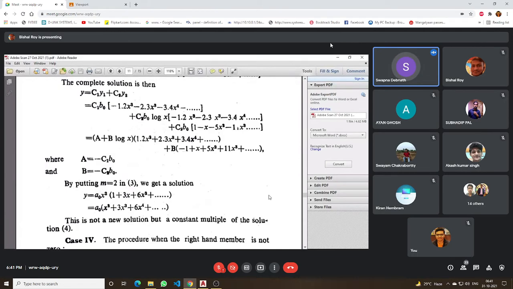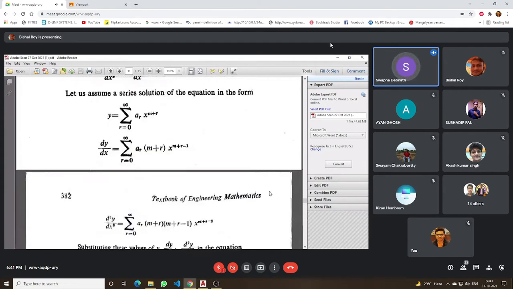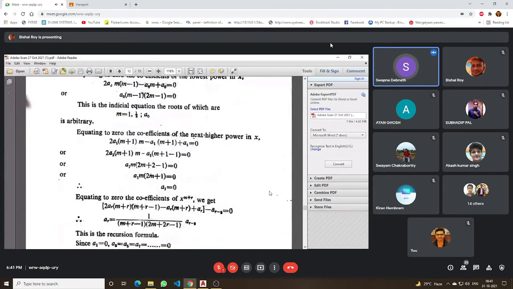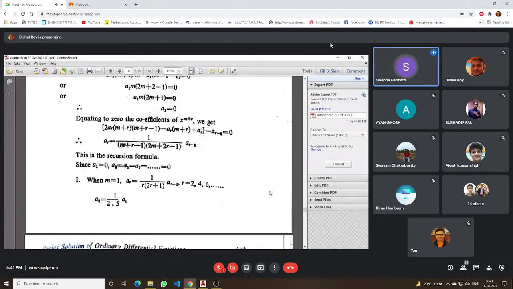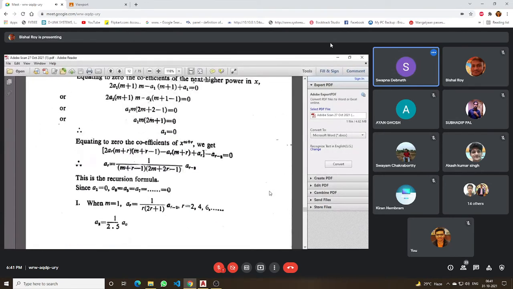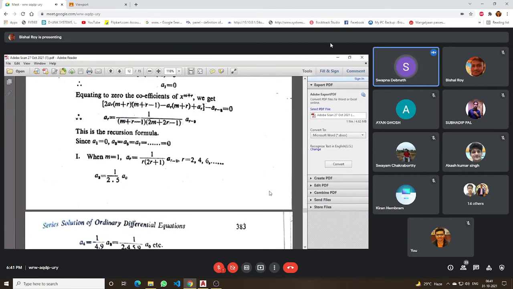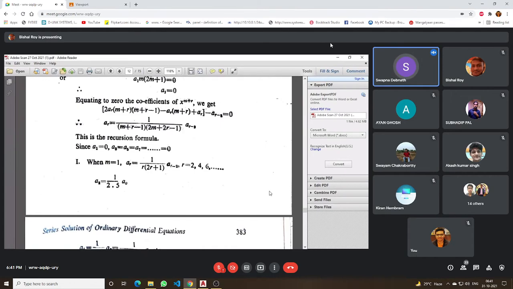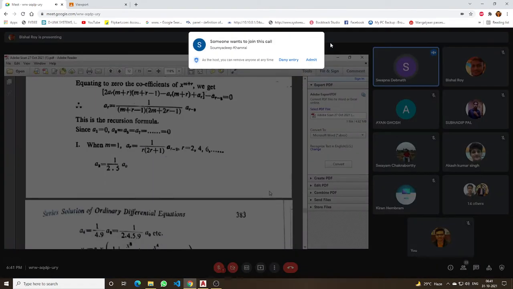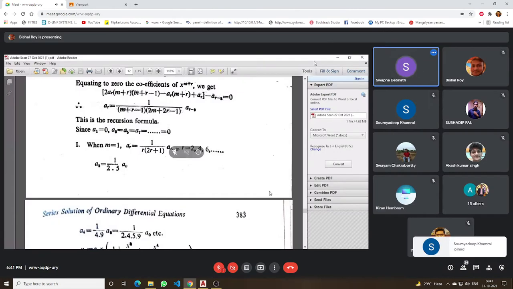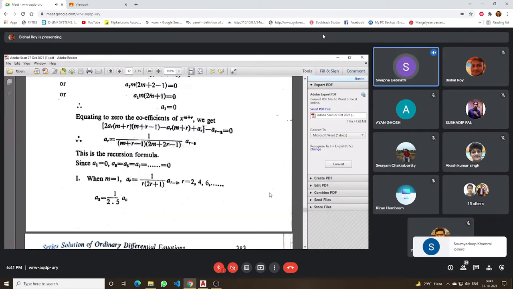You need not go through case number 4, because the right hand side is non-zero and that again becomes very complicated. Therefore, only consider the right hand side equal to 0. Do not spend more time on these series solutions. Only do the solution for the ordinary point, and then the solution for the regular singular point for case number 1 and 2. Case number 3 is also very difficult. I don't think it will come. Again, if it comes, you just write the solution.